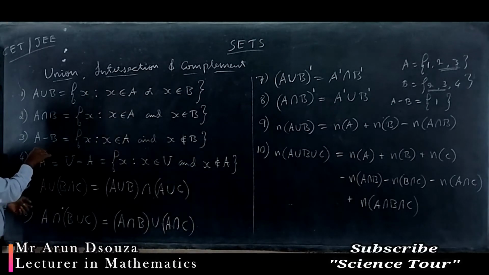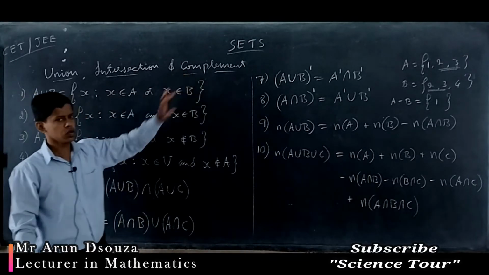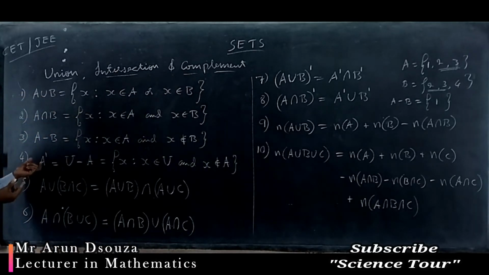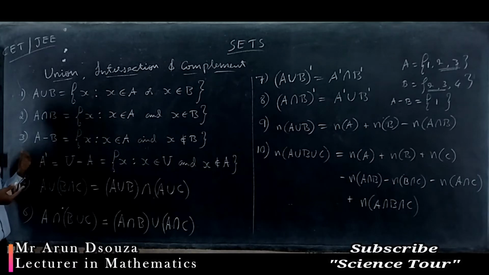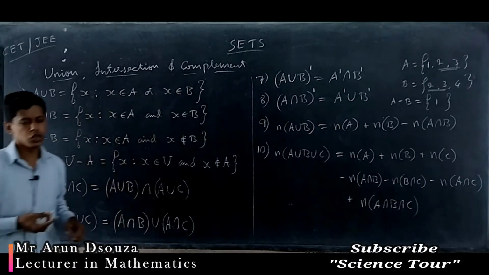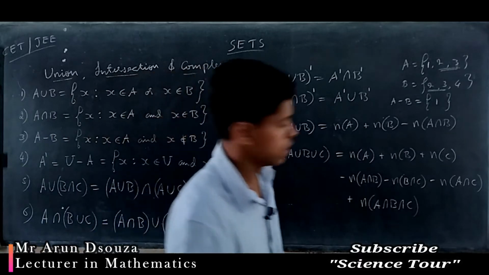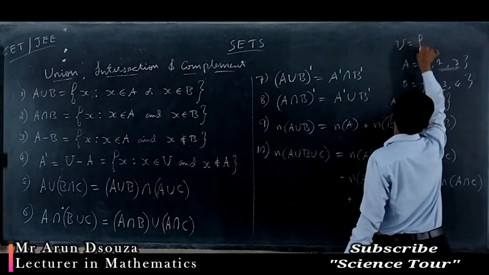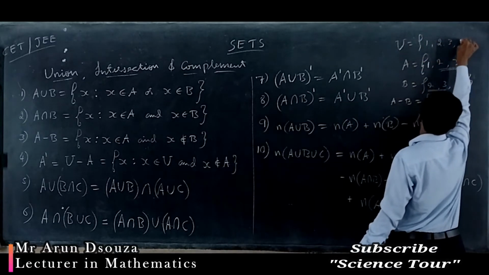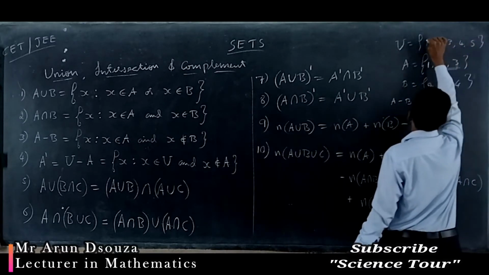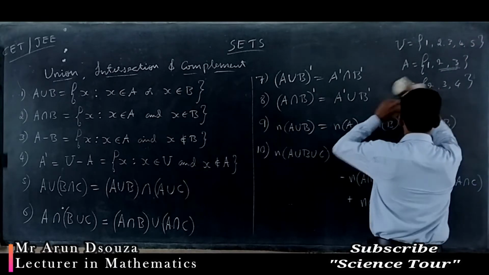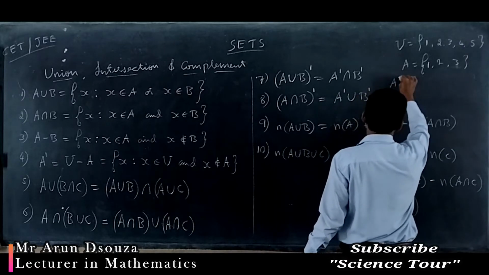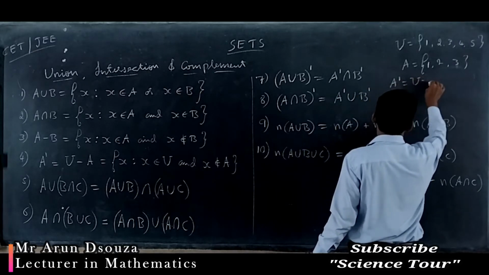Now coming to the complement. Complement is the set which completes. So A dash completes A and makes it the universal set. Now I should take a universal set. So let me take the universal set as 1, 2, 3, 4 and 5, let us say. Now what is A dash? See, A dash is universal minus A,